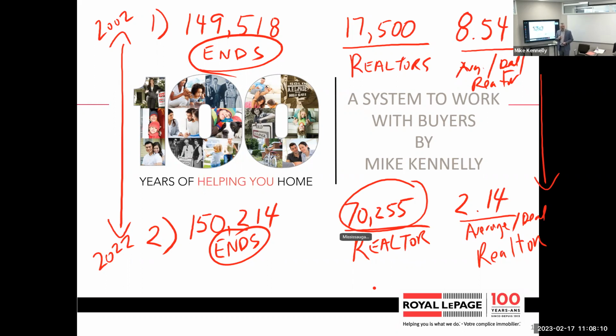In that number, there's a lot of lenders now, like mortgage brokers, appraisers. There's people now that are forming teams. So teams were not a big thing 20 years ago. And so what happens is you get all kinds of team people feeding a system. But notwithstanding that, you still have 70,000 plus people last year that paid their membership dues for the Toronto Real